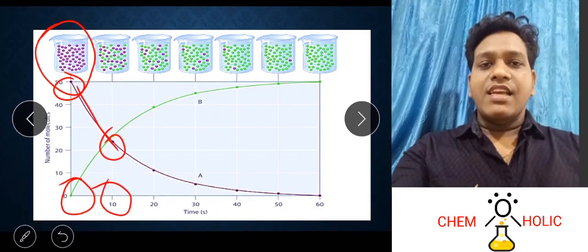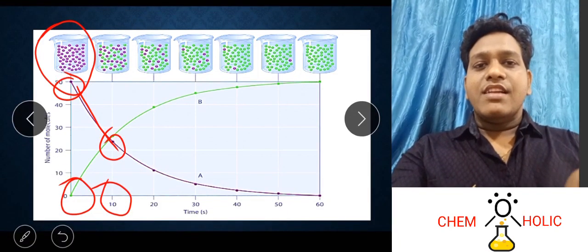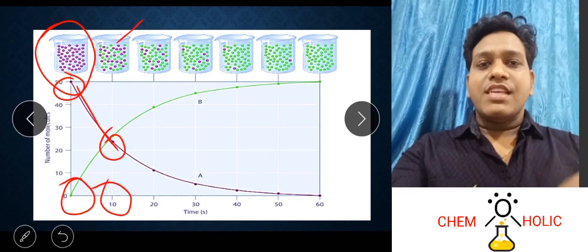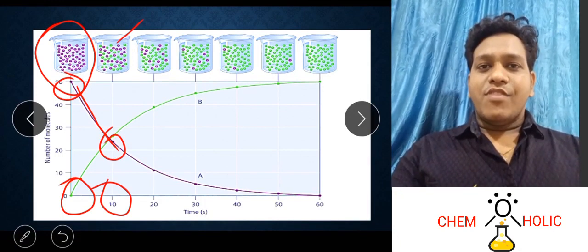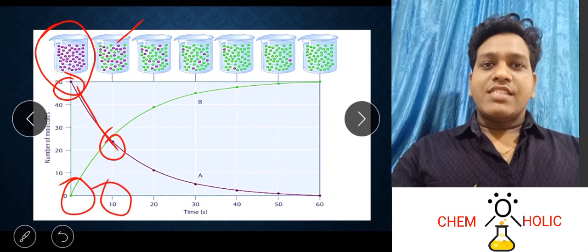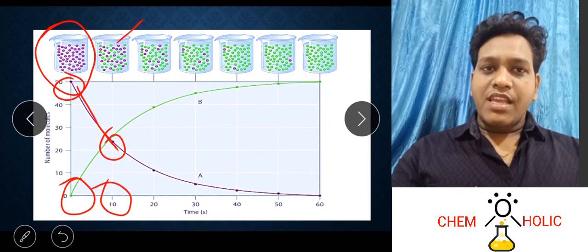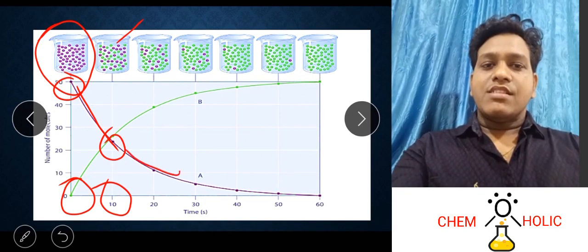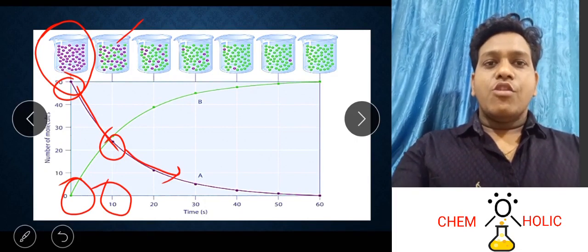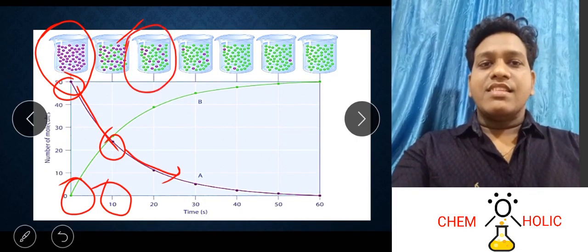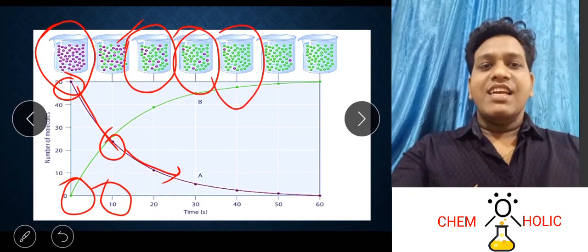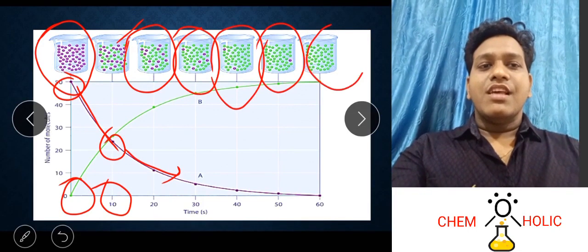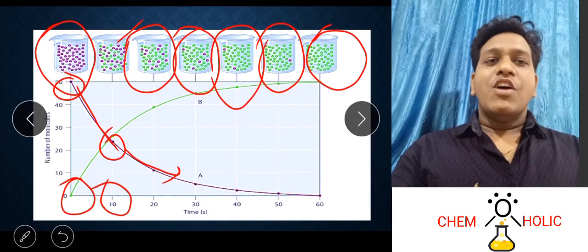And what we are getting over here, you can see in the next diagram, is that some of the product has started forming. The pink color one is the reactant A, and the green color one is the product B. You can see they have started forming. Now as the reaction proceeds further, the pink color decreases, meaning the concentration of A decreases, and finally only B is formed and remains, and A decreases.